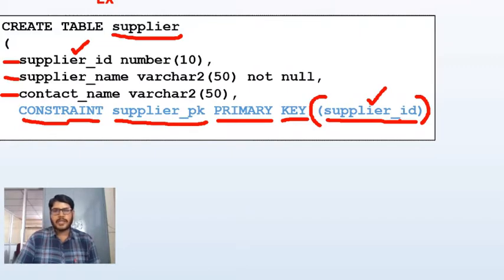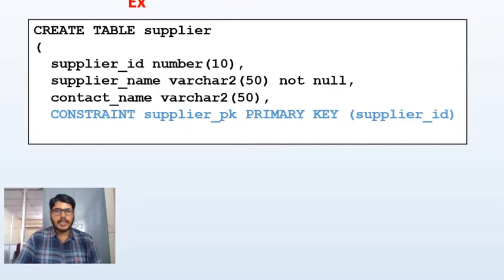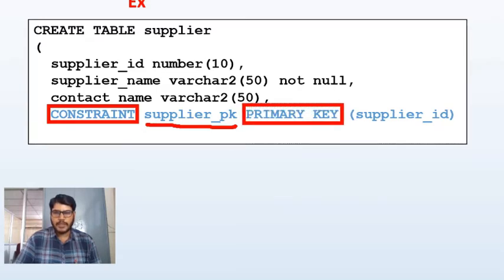I repeat once again, to define a table level constraint, we have to use the constraint keyword. After specifying the constraint keyword, we have to specify the name for the constraint. After this, we have to use the primary key keywords. And in front of this, within parentheses, we need to specify the column name, which column I want to make a primary key.